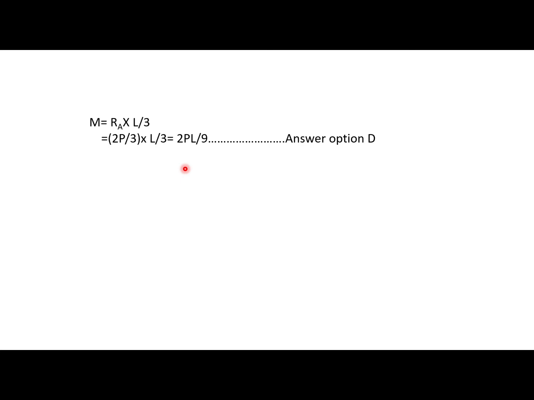Now let us cross check it by taking the bending moment by considering the reaction at point B. If we take moment by considering reaction B, the perpendicular distance now here is 2L